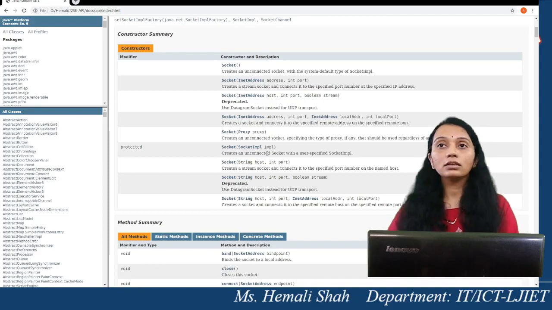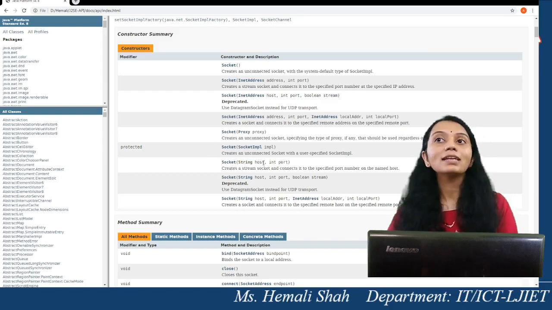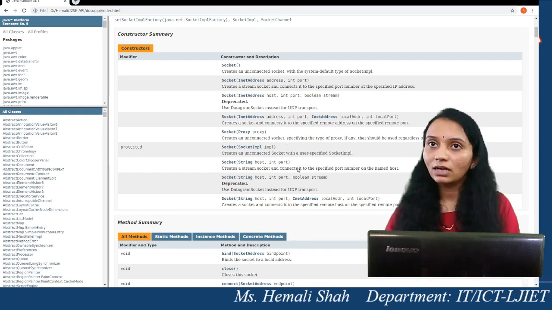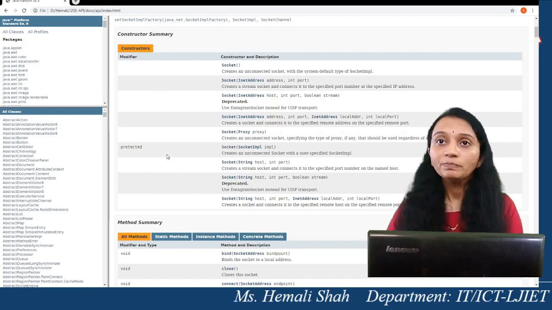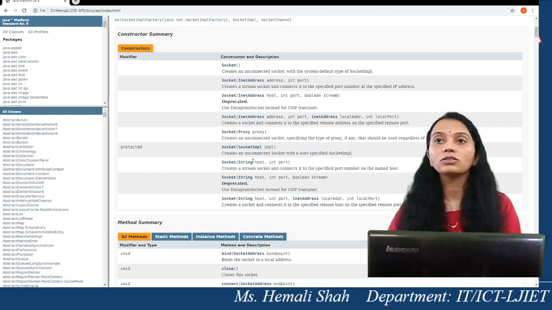Now what does it actually do when you create this socket object? This socket object we are going to create in the client side program. This socket object basically requests the connection. So when the server has called the accept method, the server accepts that connection request, the three-way handshaking is done as a background process, and you will get the connection between these two programs. One program in which you have created the socket object and one program in which you have created the server socket object, and this accept function will return the reference of this created socket object.